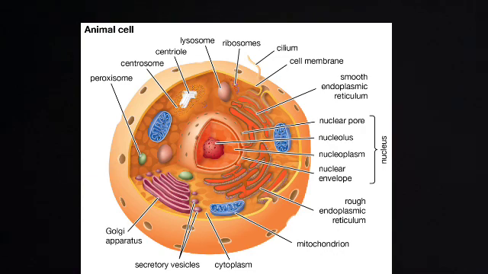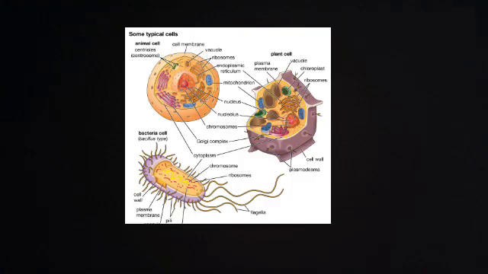Now we can say that all organisms are made of innumerable microscopic units which are called cells. Cell is the structural and functional unit of an organism which can perform all functions of life independently. Cell is a combination of different components and is capable of self-reproduction. Hence, cell is the fundamental unit of life.